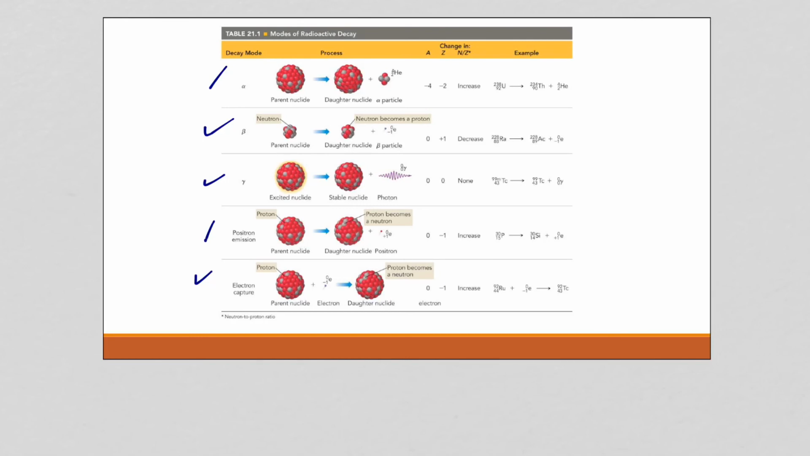We want to know the characteristics of these different types, their penetrating ability, their ionizing ability. So we want to be able to put all that stuff